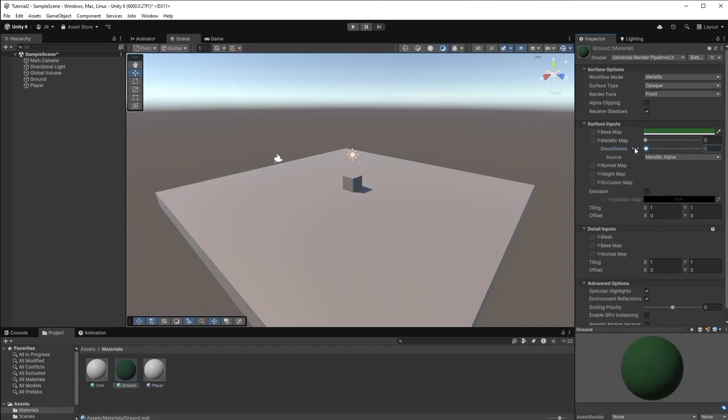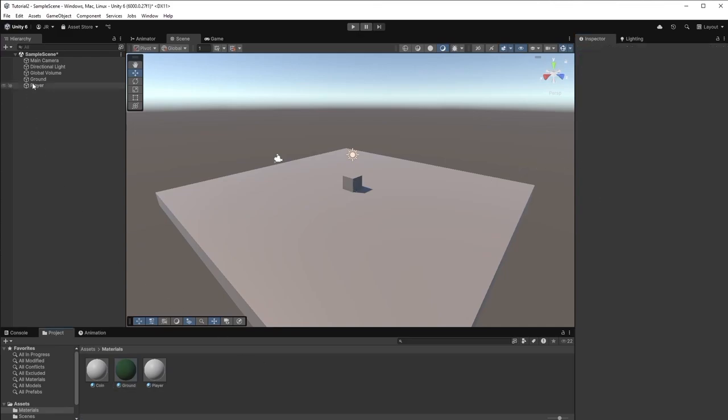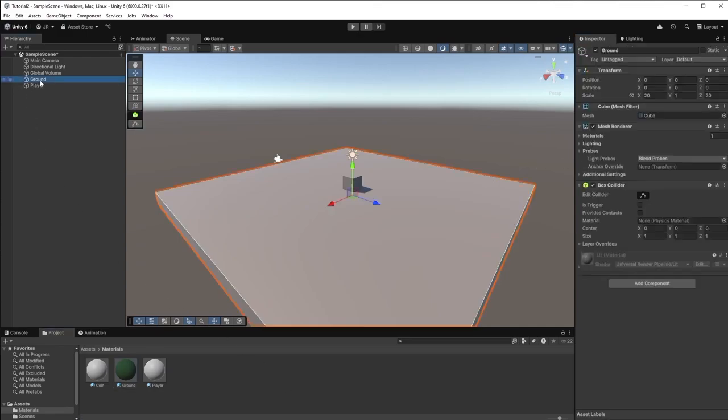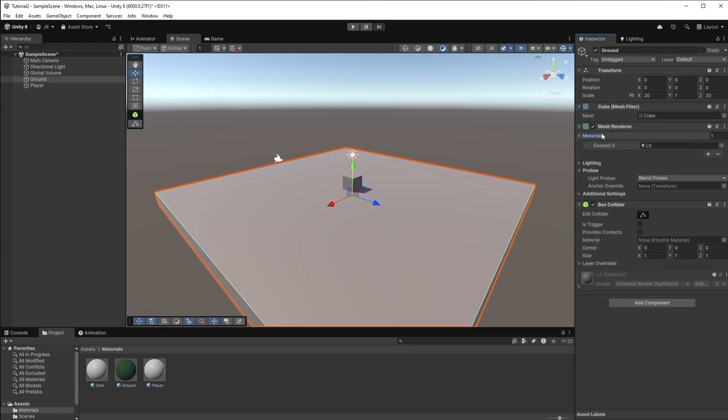But to understand how these materials work, we can click on the game object right here and see we also have a mesh filter component and a mesh renderer component. The mesh filter itself is just a cube, the mesh of the object. This could be, for example, the model of the player or the ground in this case. The mesh renderer has settings for how this mesh should be displayed, for example, with the materials. To see if this works, we can drag and drop the material into the materials field